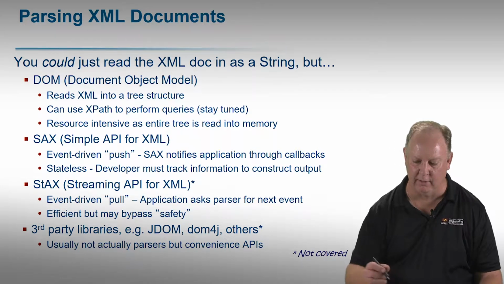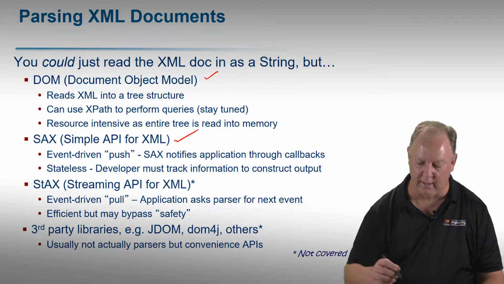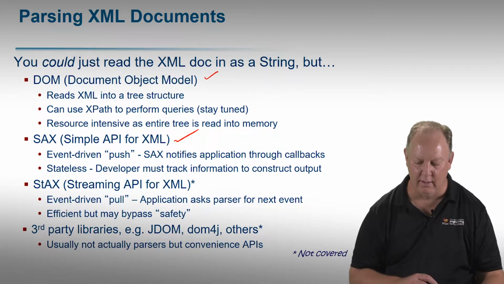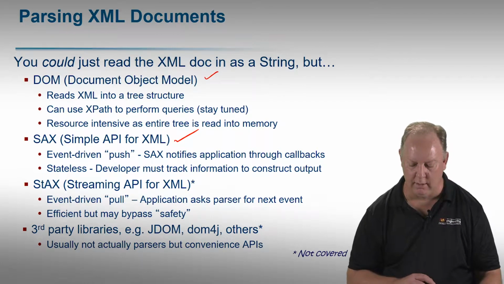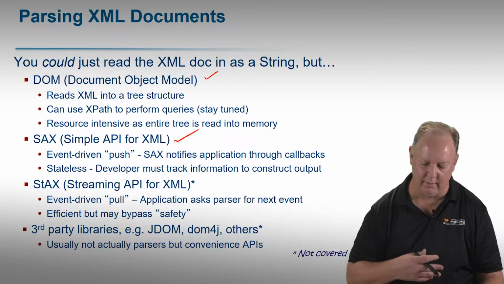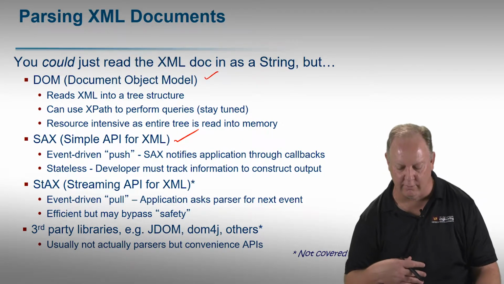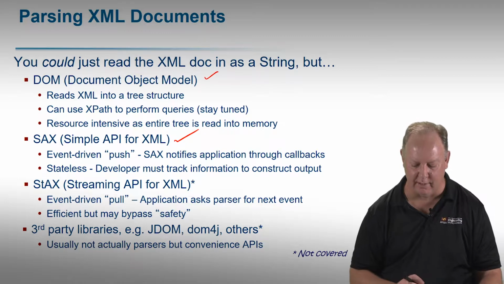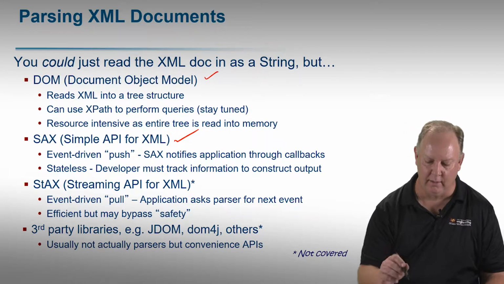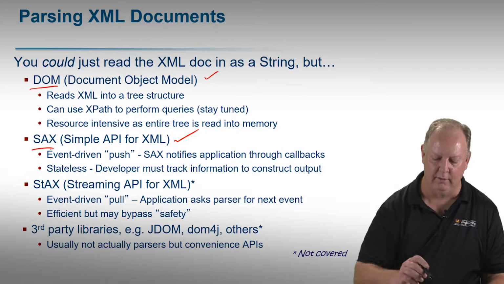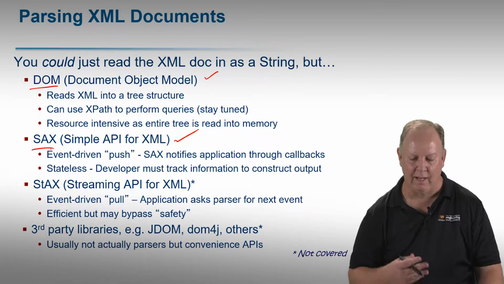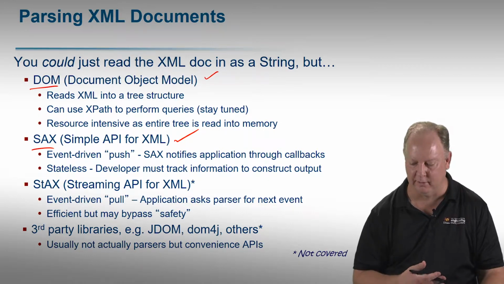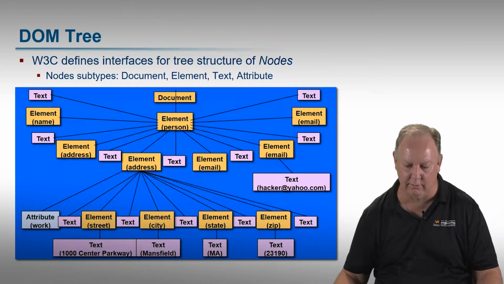I'm going to talk about the two standard ways, DOM and SAX. There is something now called the Streaming API for XML, or StAX, for dealing with streaming structures over XML. But in any event, it really never found full traction for a lot of use cases, so I'm going to leave that one. I'm going to stick with the basics. The basics is you should really know the difference between DOM-oriented parsing of an XML document and SAX-oriented parsing of an XML document. So let's talk about those two things.